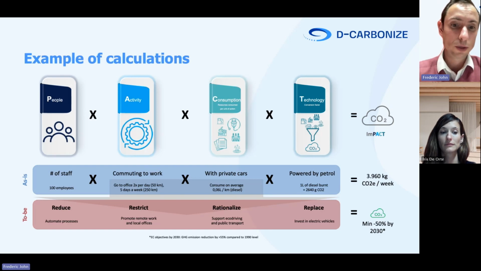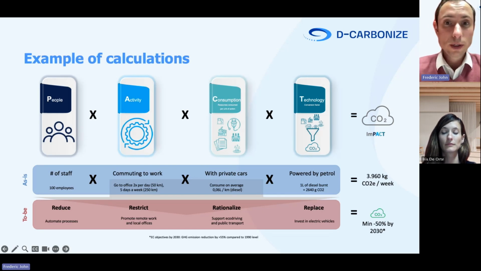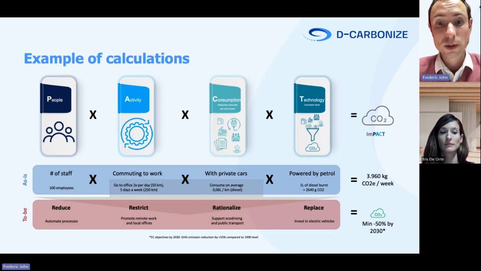And we live 25 kilometers away from the office, so it's 50 kilometers. Times 5 working days, it's 250 kilometers. We are using, let's say, all of us, a car that consumes 6 liters per 100 kilometers, so 0.06 liter